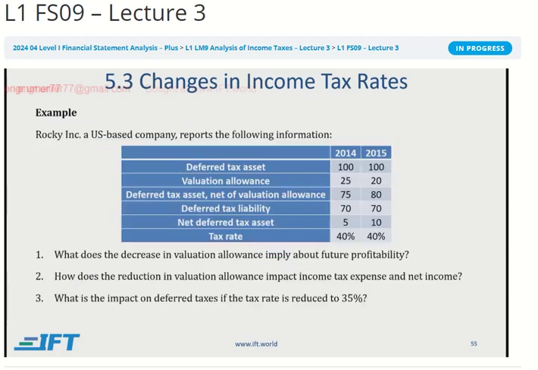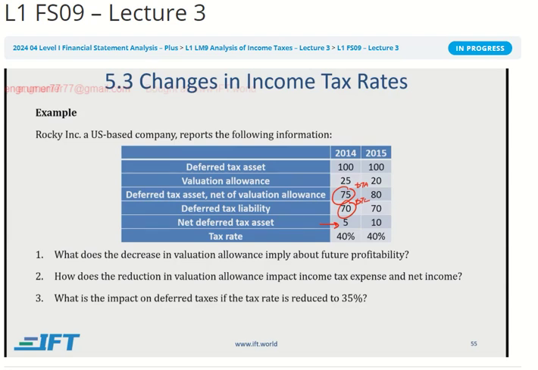However, if you have a net tax asset, so let's have a look at this situation. They have a deferred tax liability of 70 and net deferred tax asset of 5. So this is tricky, right? Because they have a deferred tax asset of 75. They have a deferred tax liability of 70, but asset is more than liability. So